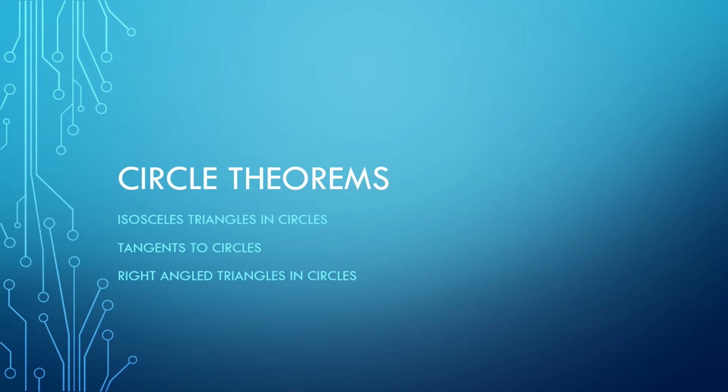So here we're going to look at some of the circle theorems we need to know. In particular, we're going to look at isosceles triangles and circles, we're going to look at tangents to circles, and we're going to look at right angle triangles in circles in kind of assorted ways. And so what we're going to do is just cram all of these into one video,